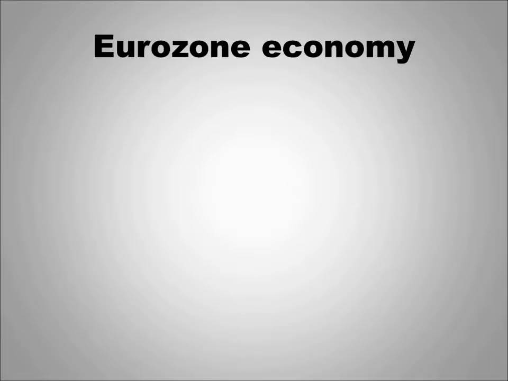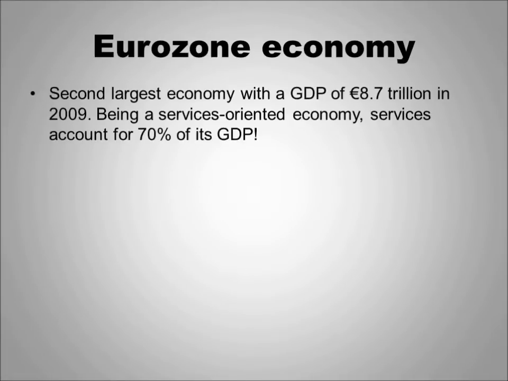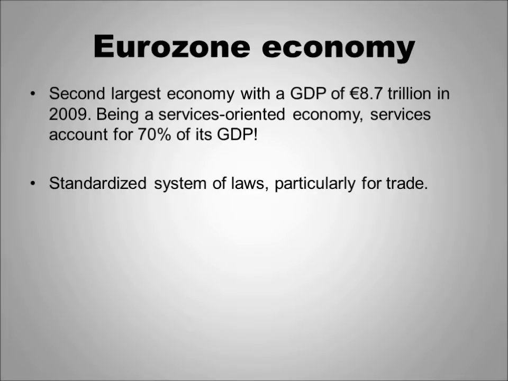Okay, so let's talk about that economy. It's the second largest economy with a gross domestic product of 8.7 trillion euros in 2009. And the economy is mostly a service-oriented economy. However, the services render 70% of its gross domestic product. Also, it has a standardized system of laws, particularly for trade. So again, we're talking about a large